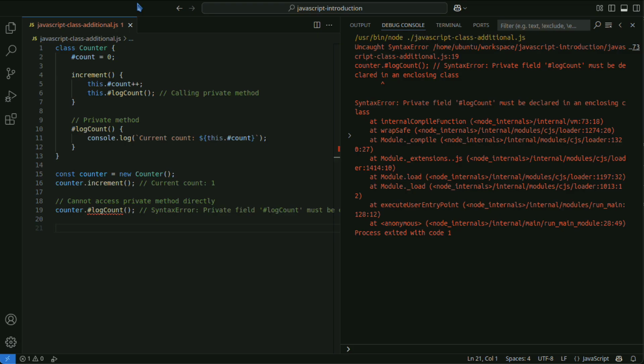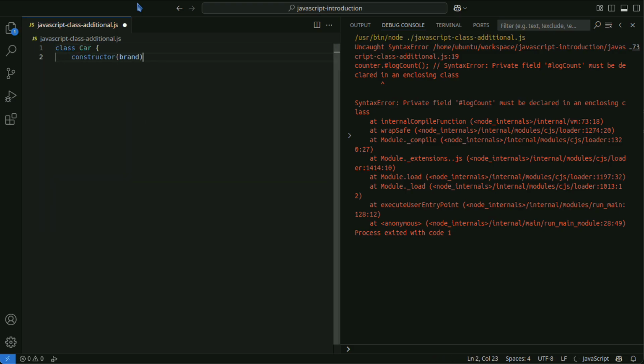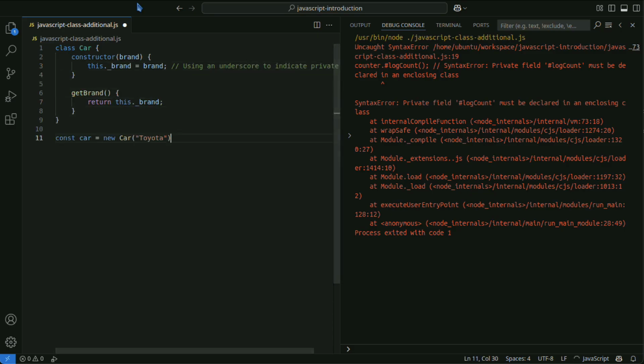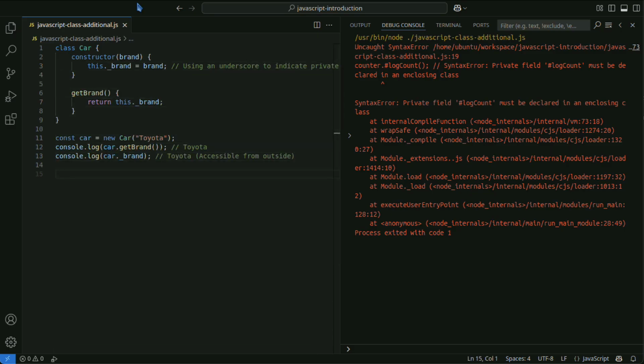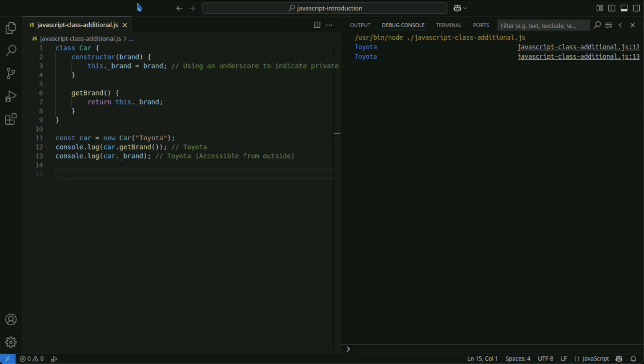Developers conventionally indicated private by prefixing variable names with an underscore. This method is merely a convention, and in practice, the properties can still be accessed from outside.